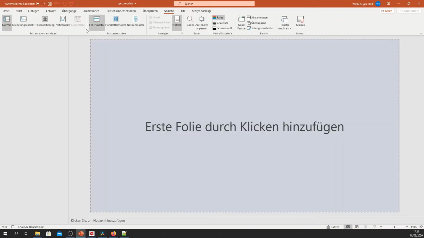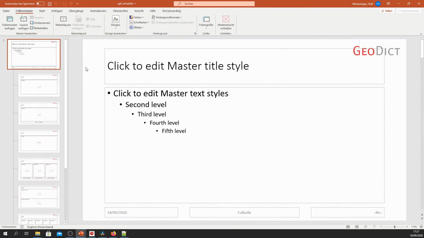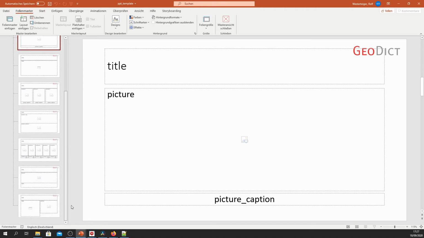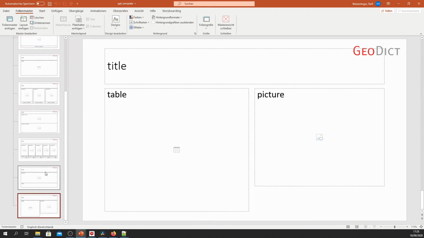And the master slides. Now what we want to use here is slide 7. And again, those start counting with 0. So this is 0, 1, 2, 3, 4, 5, 6, 7. So we have this layout slide that we want to use, and this slide has a title, a table, and a picture placeholder.